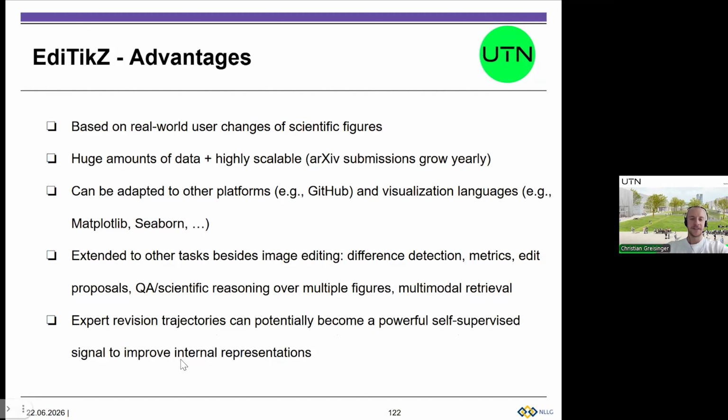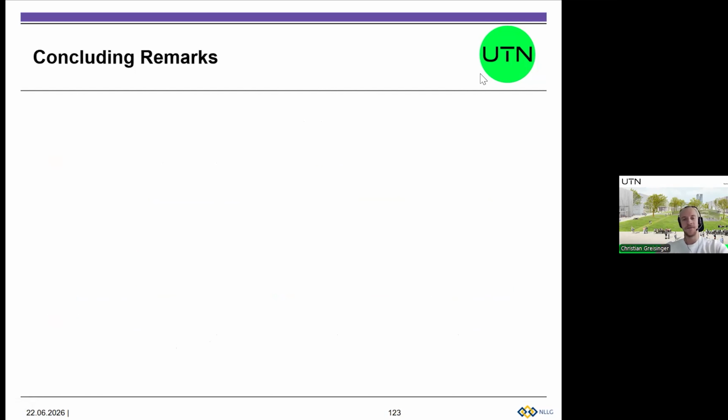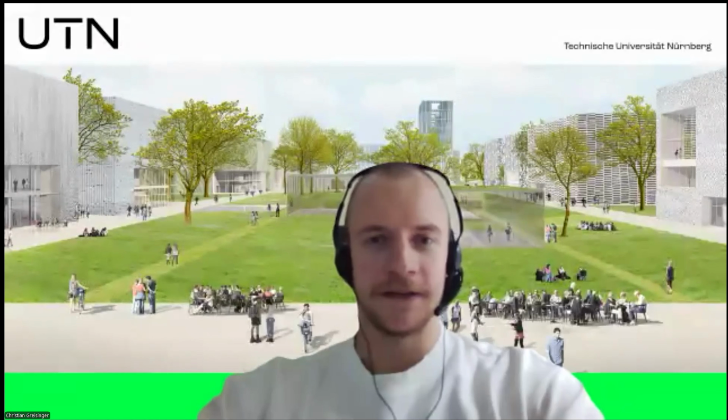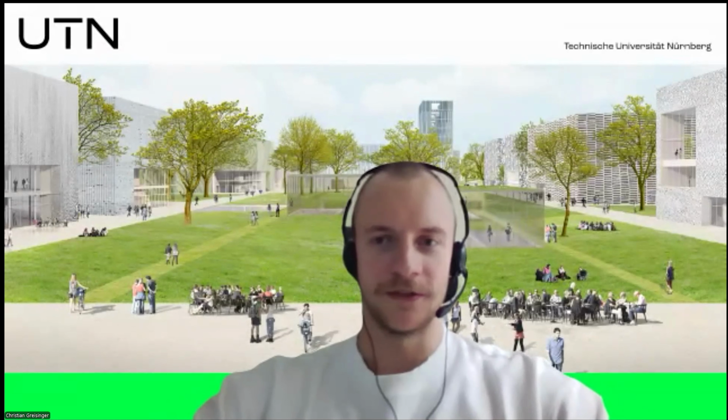And these expert revision trajectories could eventually become a powerful self-supervised signal to improve the internal representations, or make the representations of visual language models more robust, because we are dealing with sometimes very small changes which LLMs don't really get. Okay, so that's for my part, and we will move over to Steffen for the